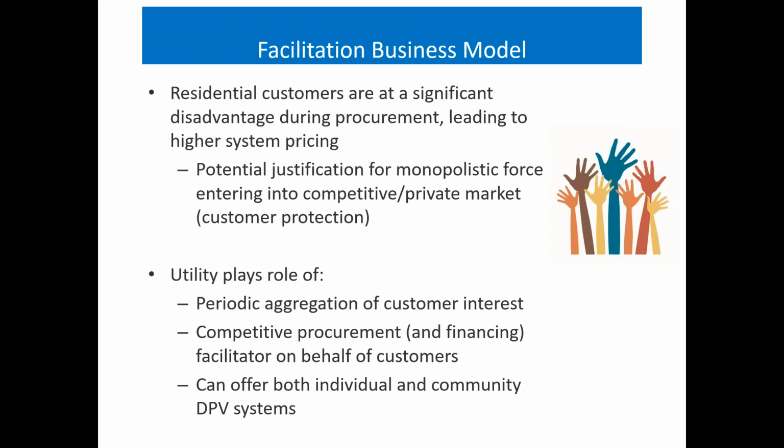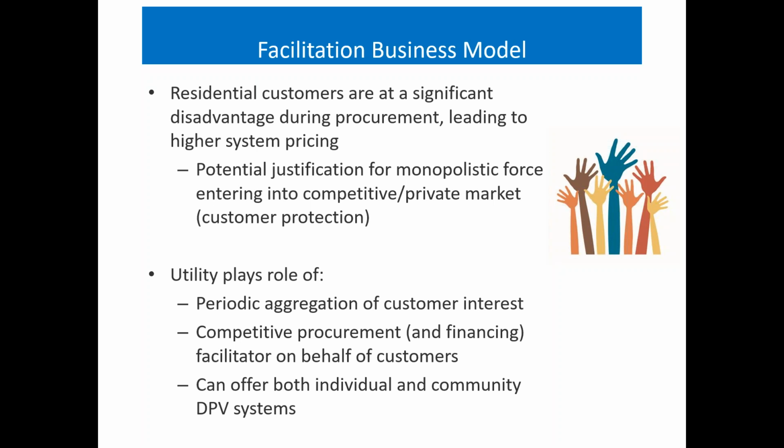Finally, I'll just give a brief overview of an even more nascent utility-owned model, which is the facilitation business model. So residential customers are obviously at a disadvantage during procurement. They aren't solar experts. They're just given quotes that can sometimes have large escalation assumptions within them, and it's not always easy for homeowners to unpack all of the assumptions within a solar bid that they receive from a third-party solar vendor. So the benefit of a utility stepping in is potentially providing a platform for both buyer's rep customer